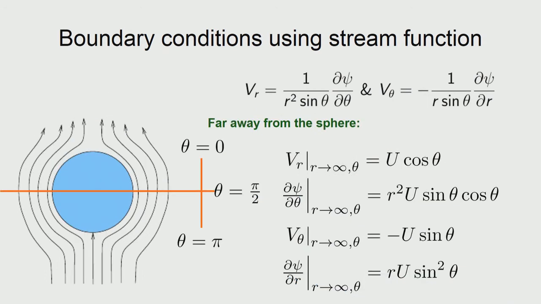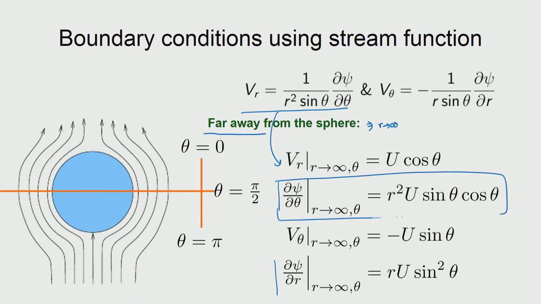Okay. So, we can then go further and see what we can also look at as a boundary condition far away. By far away we mean when r tends to infinity, and of course, applicable for all thetas. Okay. So, again we look at the definition and look at what kind of boundary conditions are coming out. So, if you see the Vr definition and combine with this, then you would get the condition that would be coming up here. Okay. So, how did we write the Vr as u cos theta?